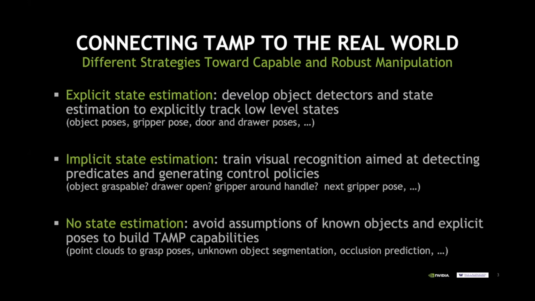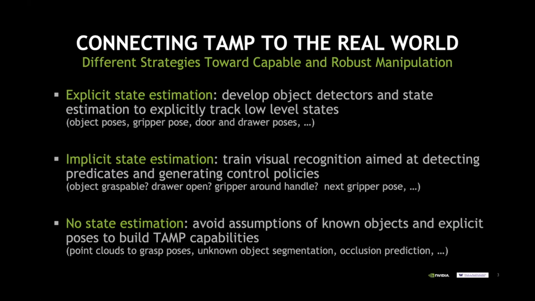And then finally, I'll come up with an approach that I call here just no state estimation, which means we're even trying to get away without doing any of this explicit estimation, but really try to see, can we just go from the raw point cloud data, from the raw perceptual data directly to control tasks, or also to grasp decisions. And that is a line of work that we started a bit more than a year ago.